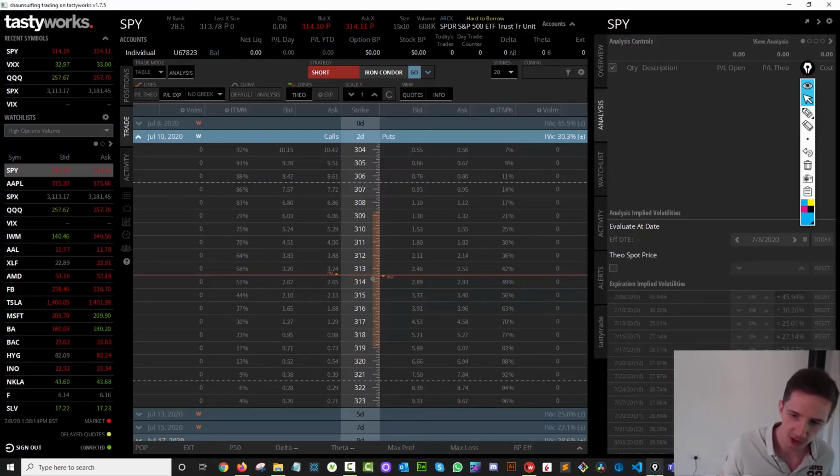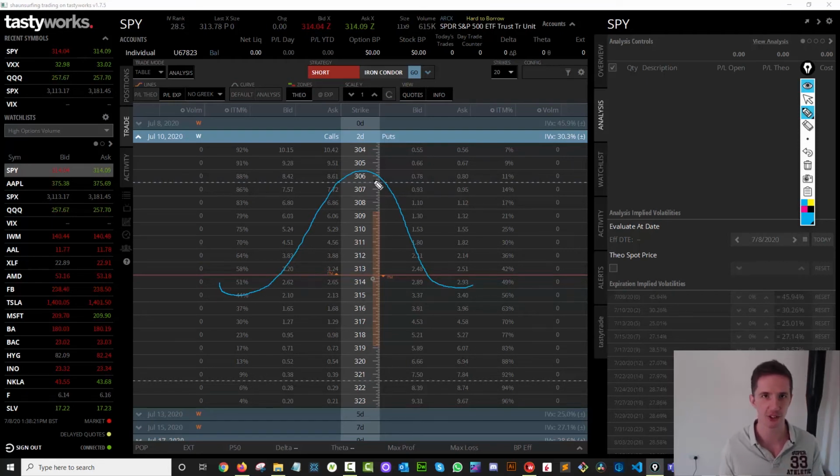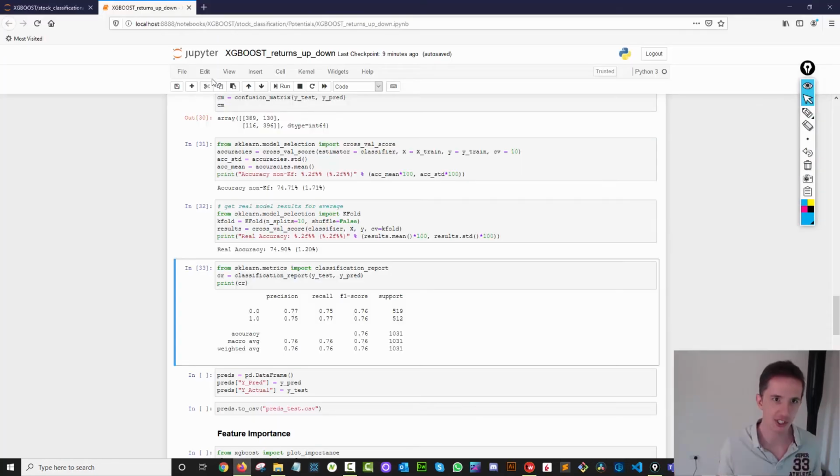But based on the normal distribution, which we spoke about, based on this normal distribution curve, which we know is priced into the Black-Scholes model and built into options pricing models, this assumption allows us to calculate what the percentage in the money should be, i.e. what is the percentage likelihood. So the question is, going back to our machine learning model, if I can predict this with 77 or 75% accuracy plus or minus 1 standard deviation, then do I have an edge in the market?